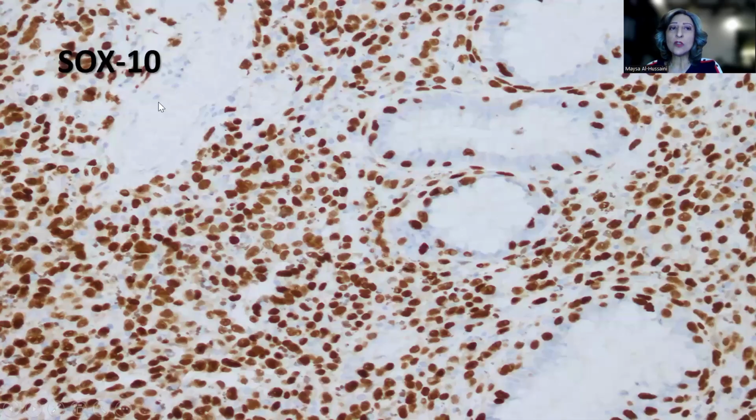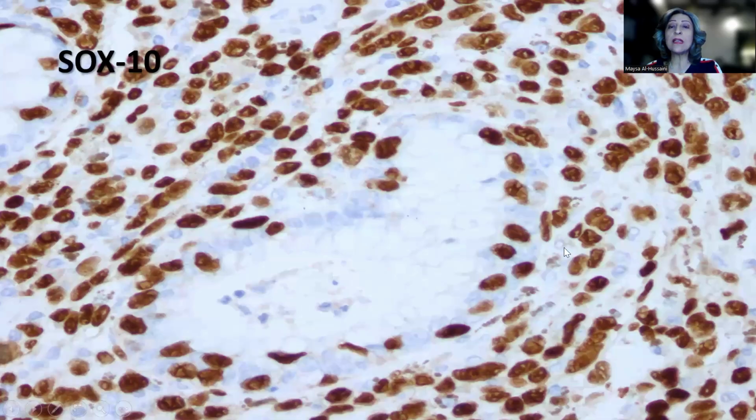And with immunostain, SOX10 is an excellent robust stain for melanoma. It's a nuclear stain. Because of that, it's much easier to interpret. And the tumor cells showed strong diffuse positivity with SOX10. But what was really nice is the cells that I showed you before, the malignant melanoma cells spreading along the basal layer and then into the crypt of the